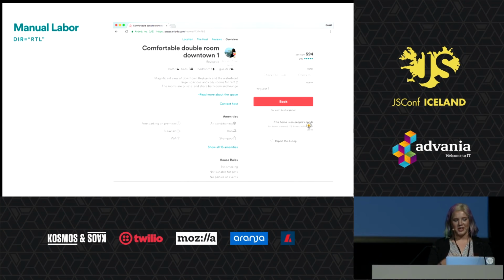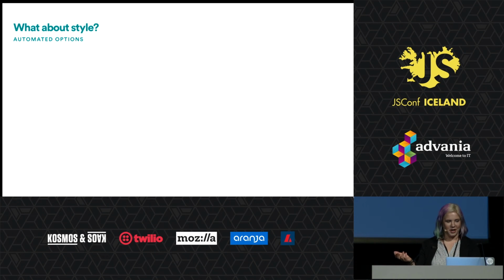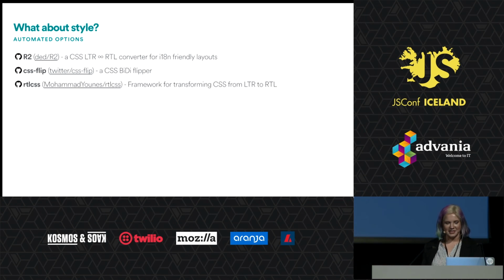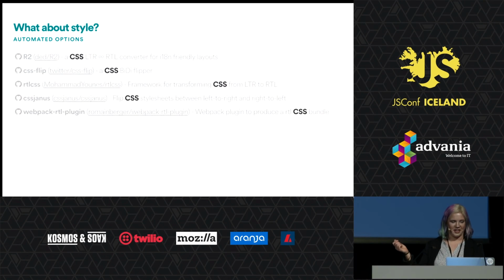And we'd have to manually address all of these little style tweaks and spacings if we didn't come up with a better solution. And we really didn't have the resources to deal with that. So, we started investigating automated options. We found a number of open source projects, including R2, CSS Flip, RTL CSS, CSS Janus, Webpack RTL plugin, and even,